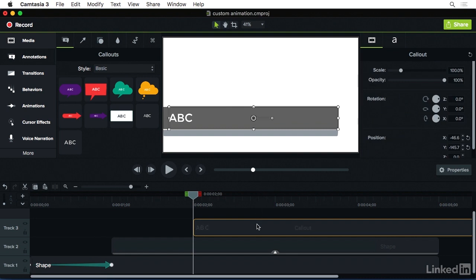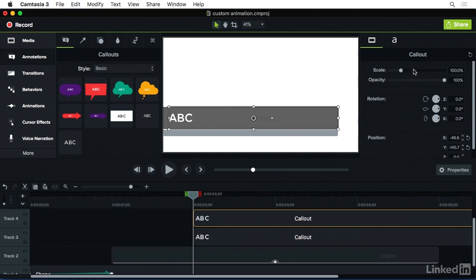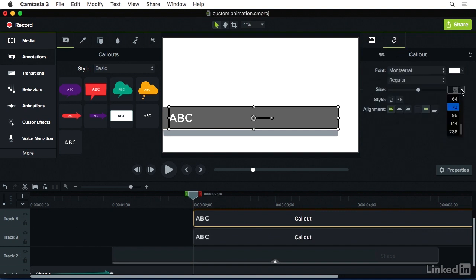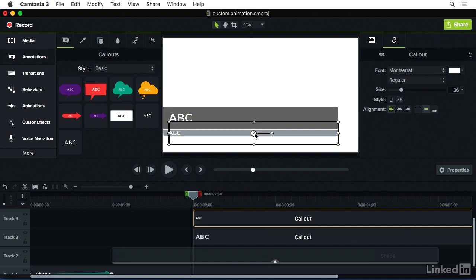Now copy and paste the text to a new layer. Change the font size down to 36 and reposition the second text so that it aligns in the middle of the light gray bar. Resize the text box as needed until it snaps into position. Now we need to animate our text